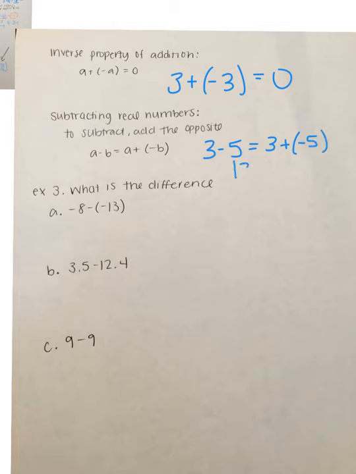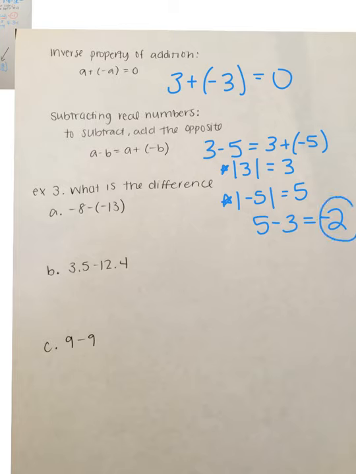So if I take the absolute value of 3, I get 3. The absolute value of -5 is 5. And then I subtract them, right? Because one is positive and one is negative. So bigger number minus the smaller number, which is 2. But then I need to compare this and this. 5 is bigger than 3 and 5 has a negative sign. So I have to use the negative sign to get -2 there. Okay, so try these ones